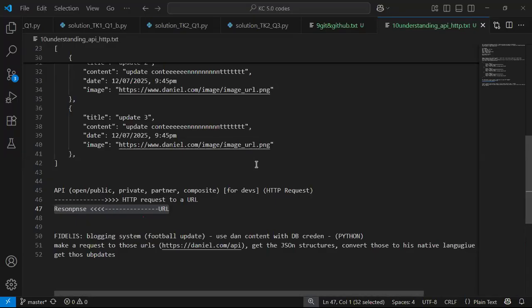Now, when we send this HTTP request to a URL and get a response from this URL, that process is what we call an API, right? So an API is not really a tool. It's a process, a process of doing something, and this something is sending an HTTP request and getting